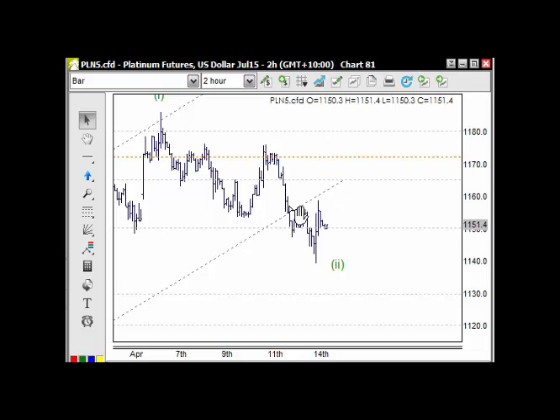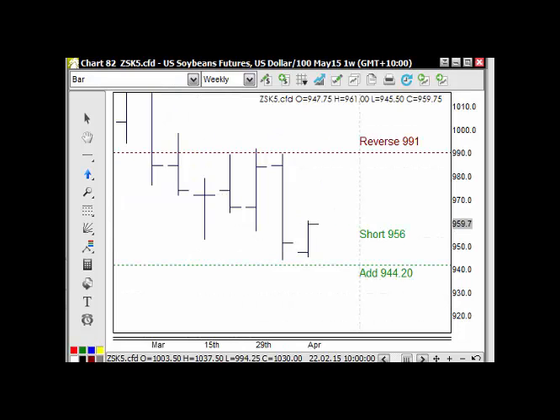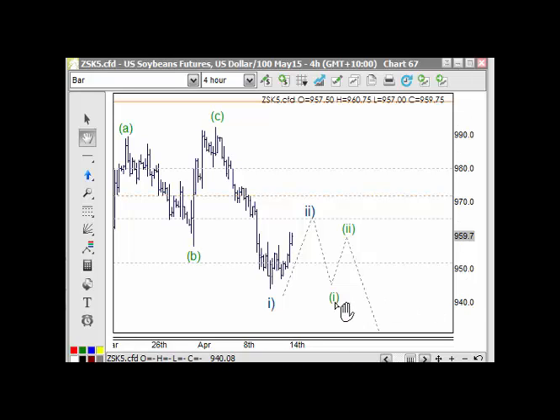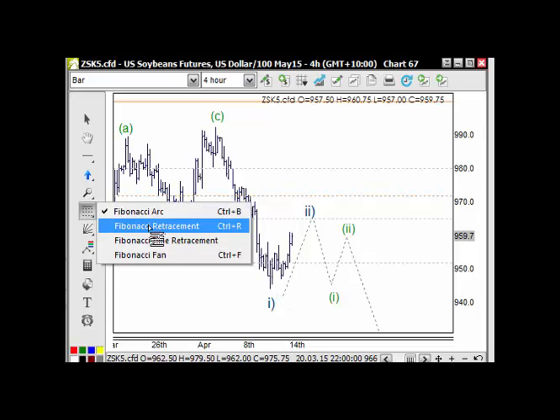But yeah, that's that. So right, into the grains. So soybeans. So the weekly robo has a short, not a problem, that's fine. In terms of the wave count here, I've adjusted it a little bit. We were looking actually for a wave 4 here, but I've gone back over in the detail, and it appears that there's a wave 1 and 2 and 3 and 4 in here, with an extension in the 5th wave here. So we're looking at the 38.2, the 61.8 retracement level,